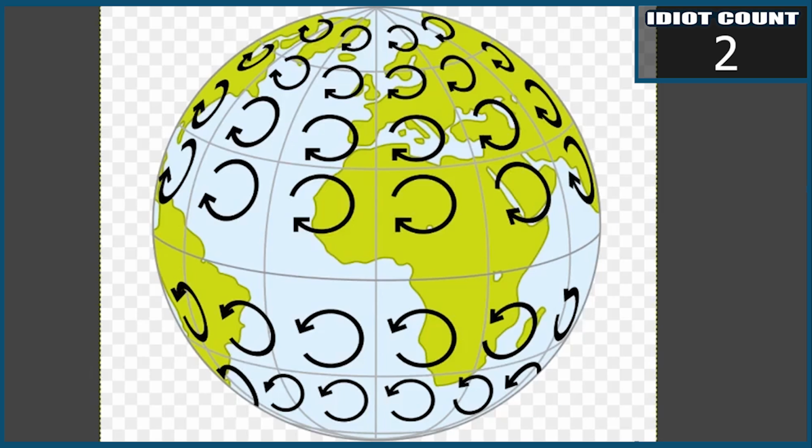So here we can see an illustration from Wikipedia as to what the Coriolis force is supposed to create on the Earth, with these arrows here representing the way winds and hurricanes will have these eddies going in different directions either side of the equator, which is said to be because we are on a spinning globe.